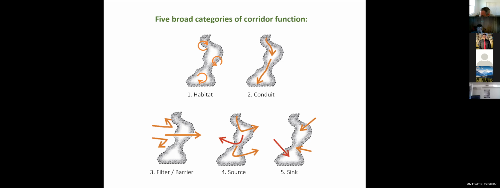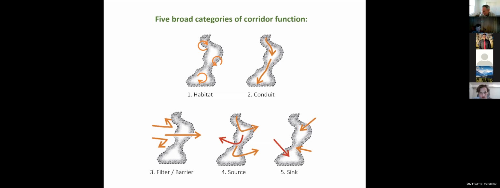High-quality corridors are much like patches and often serve as sources for wildlife where reproduction in the corridor exceeds mortality and individuals are added to the population. So again, it'll be a source if there is substantial interior habitat along that corridor that can help to sustain populations of individual species. And then the final functional category is that a corridor can act as a sink,